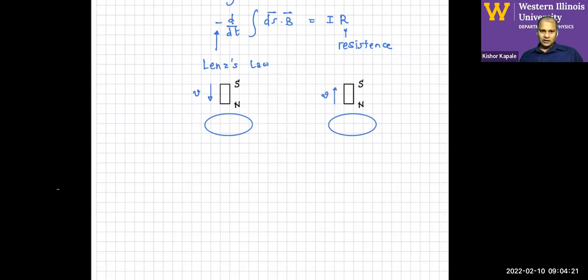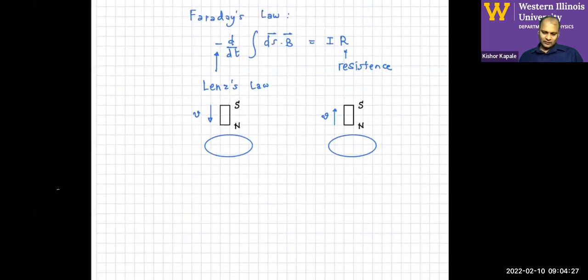In that direction. In this case, now what you want to do is the flux is calculated in the plane of the loop. So I'm going to actually now show the plane. So the plane of the loop matters, not just the boundary. Okay, and in one case, let's say in this case, as the magnet comes closer, the flux is increasing, the magnetic field is pointed inside and into the plane of the board, and ds dot B,